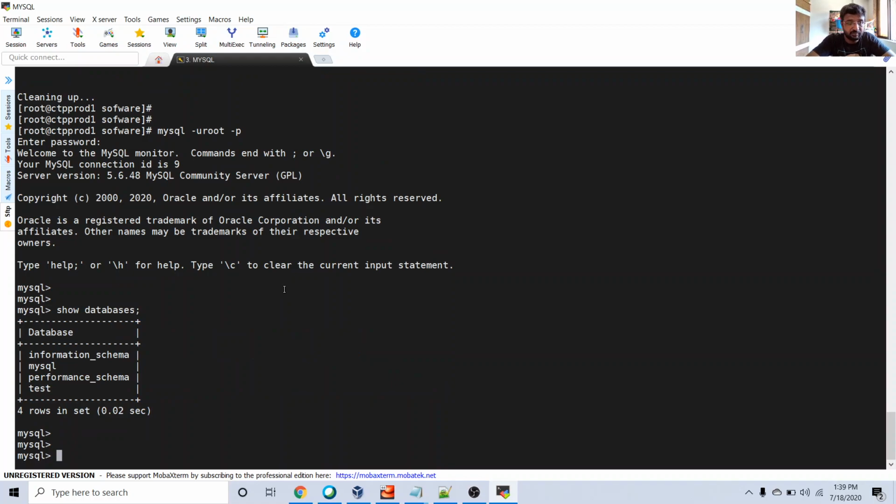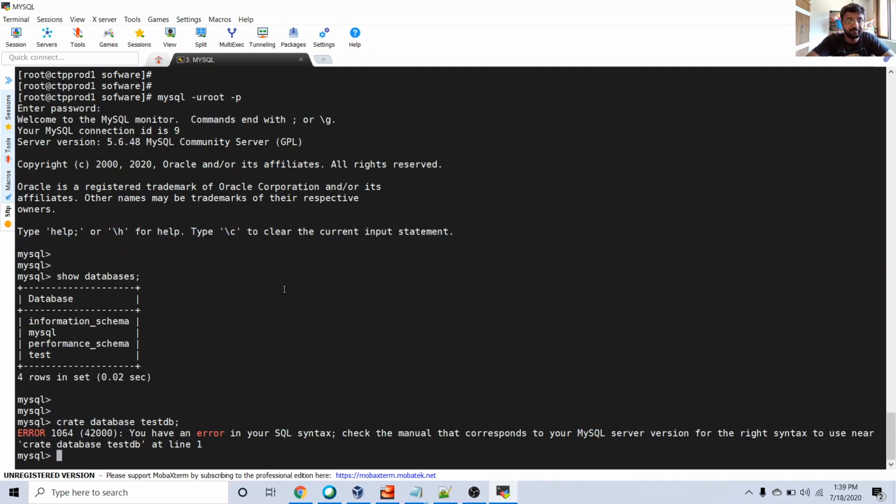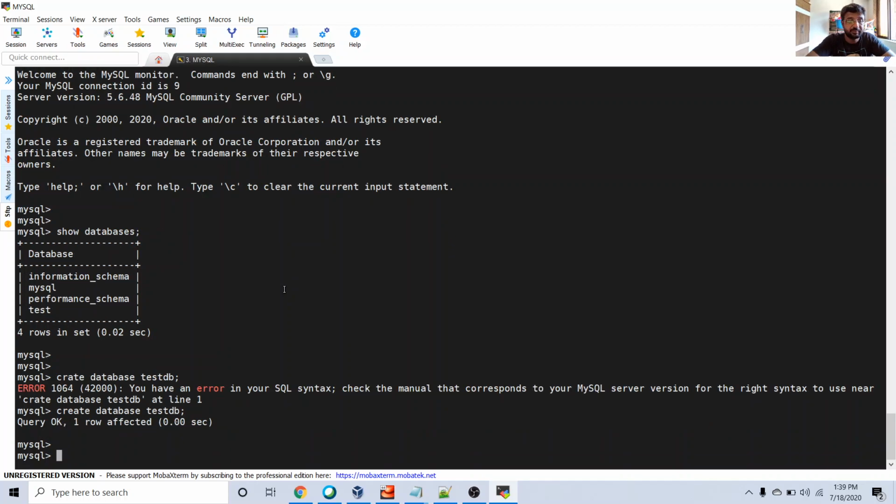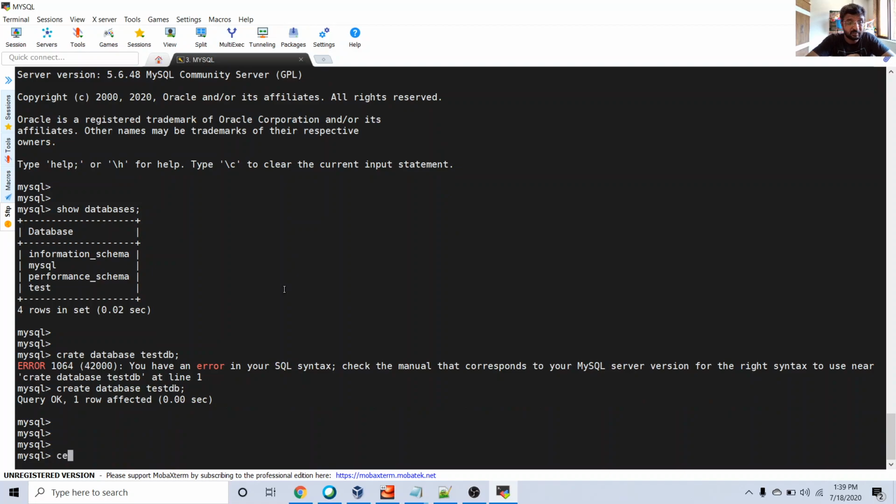Now create one database. Create database testdb. Sorry, create database testdb. Use testdb.